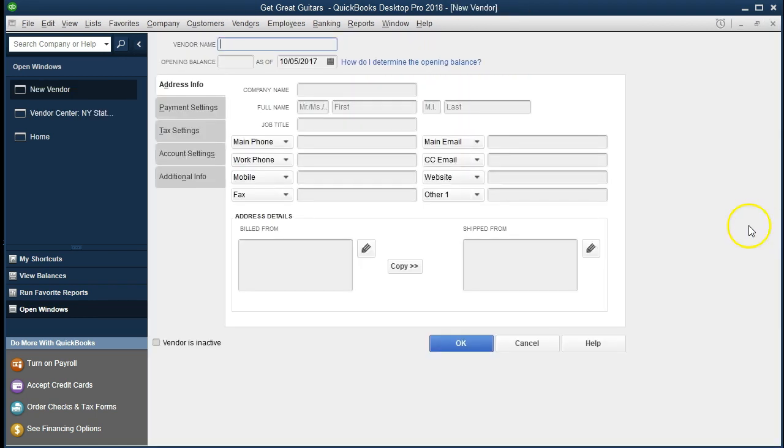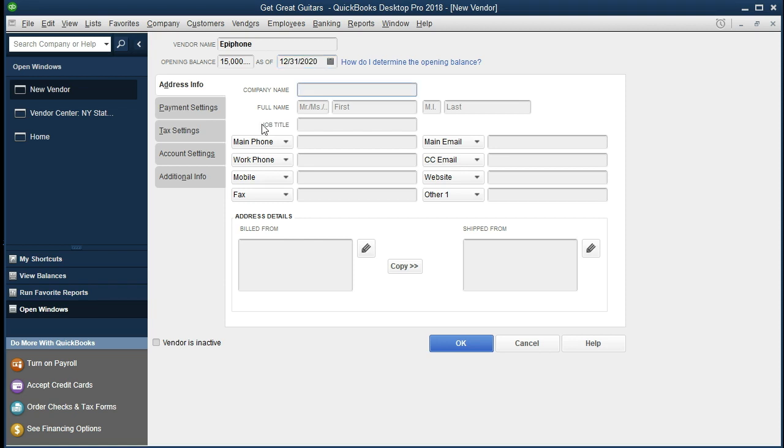And so then we have this familiar vendor center. Now all I'm going to do is put in Epiphone, and that's who we owe the $15,000 to. That's going to be our vendor. Now the main thing we want to do there is we want to have the beginning balance of the $15,000. And I could put the date here at the 10/5 because I'm going to be working in a future date. But I'm going to put the date right before the year that we're starting with, which is 2021. So I'm going to put it in